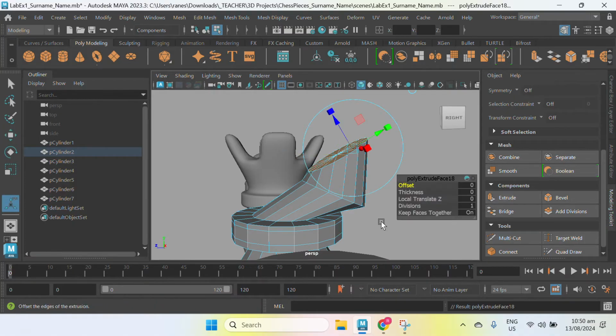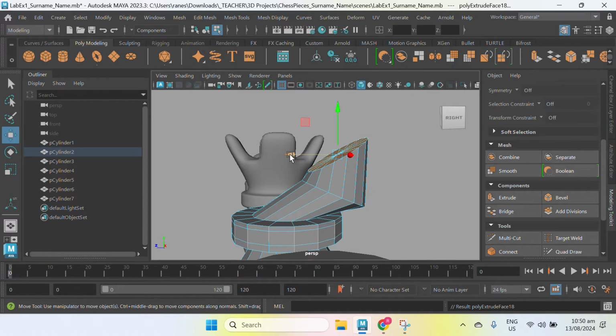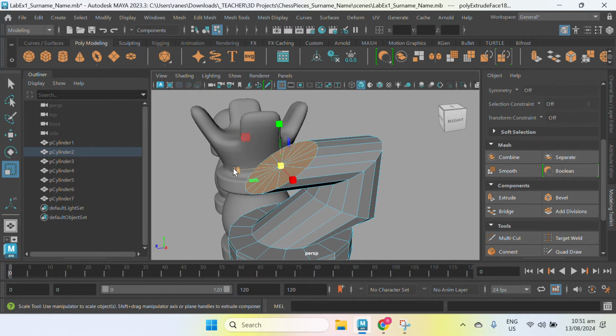Next, extrude, W, arrowhead to the front, rescale. I will use this box to flatten. Next, still in rescale, I will use this box.